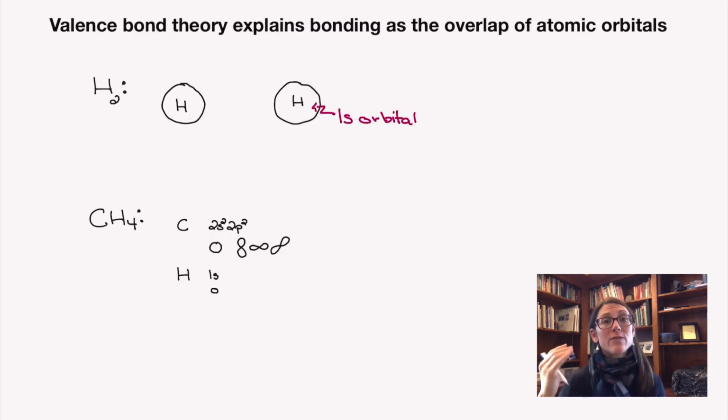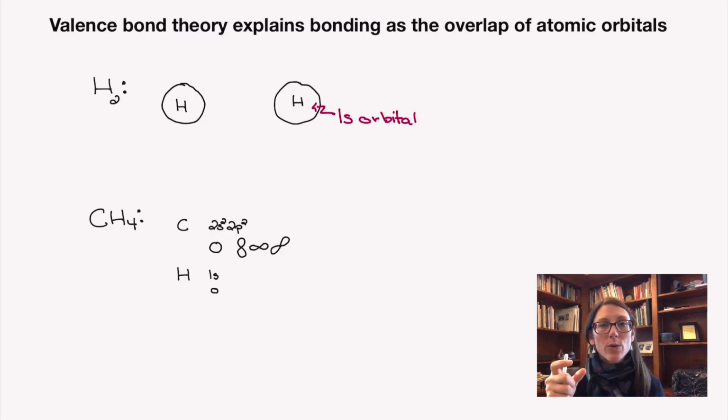But while that's very useful and it works for a lot of situations, it's not the full story. So we're going to take this one level up today, and then there's another level still to go. So valence bond theory is very useful, but it's definitely not the whole story, just like VSEPR was not the whole story. So what valence bond theory says is that you can actually explain that bonding as an overlap